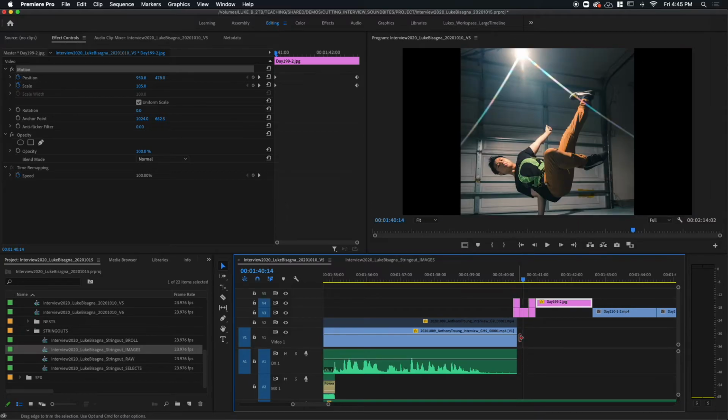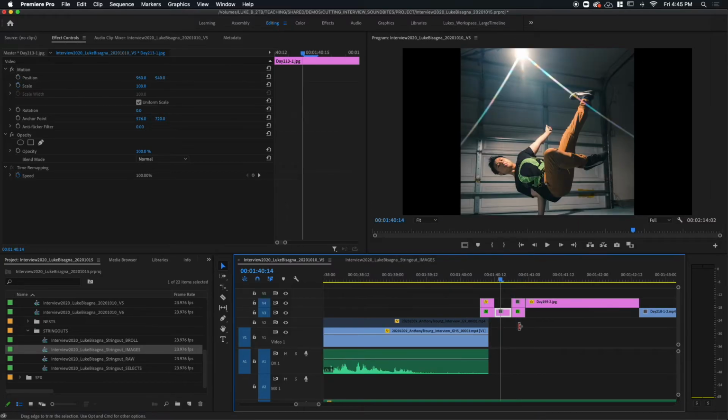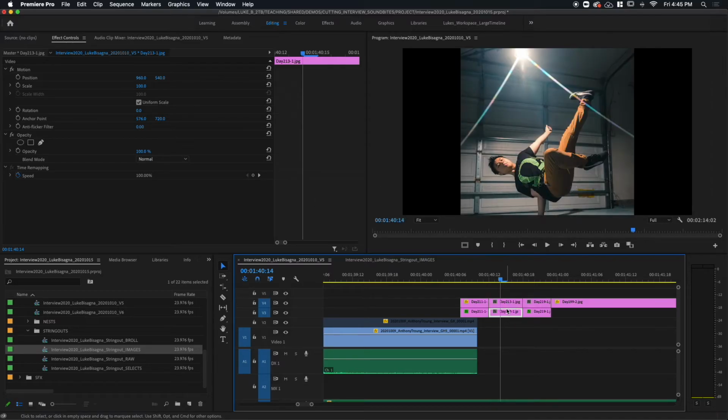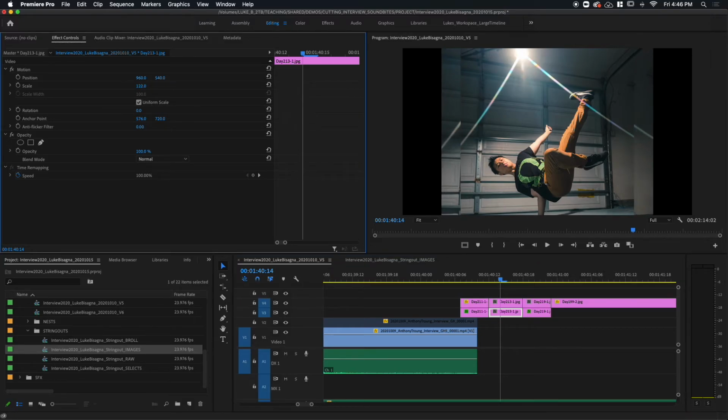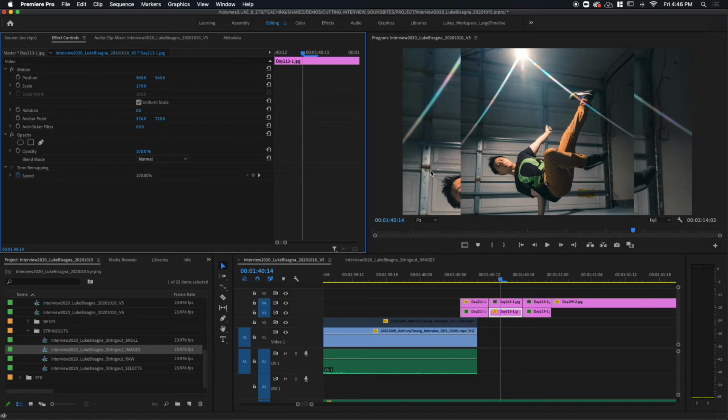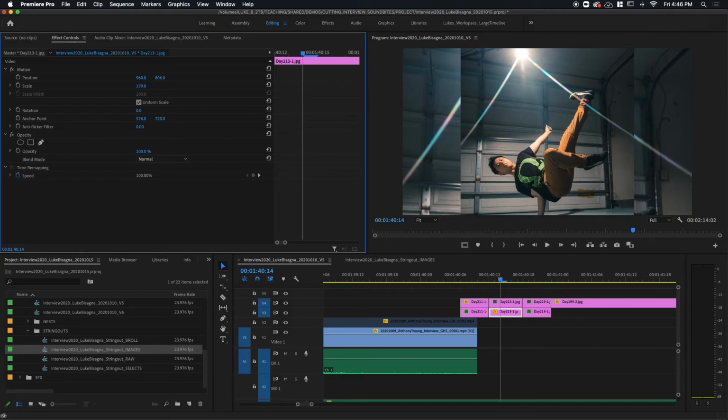Well, check it out. What we're going to do is click on the image here, zoom in a little bit, and hold down Option, click on it, drag up, let go with the mouse, then with Option, and I've created a copy. Now I've got 2 levels of this image. I'm going to click on the bottom one, head up again to my motion controls, and increase the scale of it so that it fills in that area. And I don't want to see his head and foot poking out here necessarily. So I'm going to use the vertical position control here to move that down just a bit. Nice.